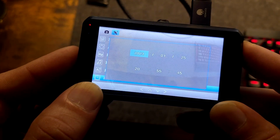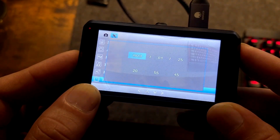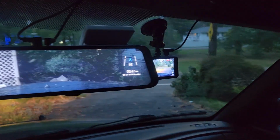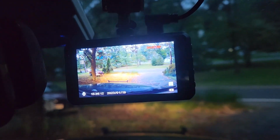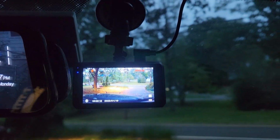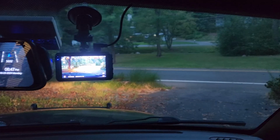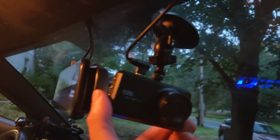So this has an IMX 498 CMOS sensor. Like I said, they give you the 64 gig SD card. You could put in a larger one if you need it, but this one seems to be enough and meets the needs. So the only thing that would be a concern is if you really need high quality night driving footage, this one lacks a little bit in that. Daytime function is exactly what you expect. It's nice and clear, colors are nice,